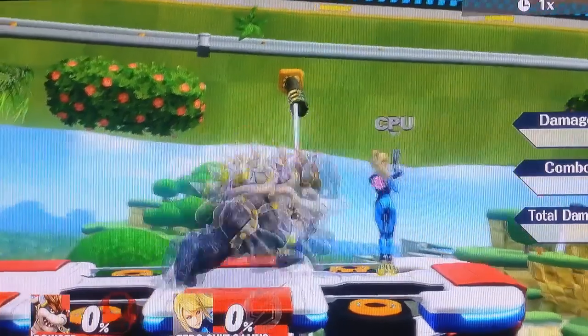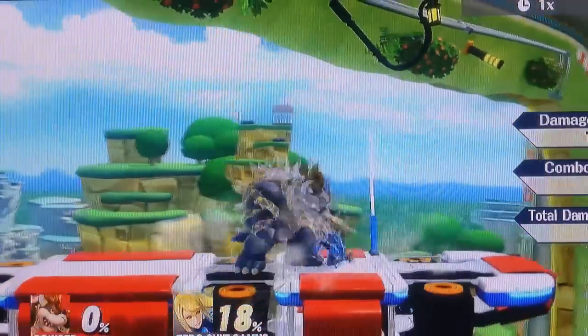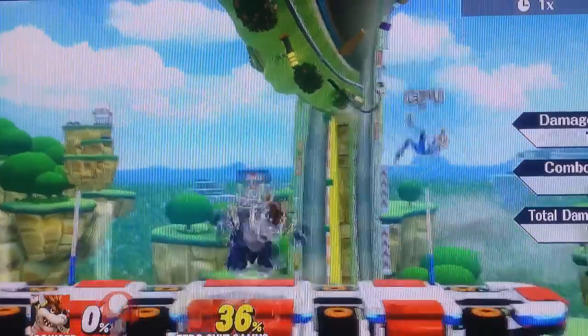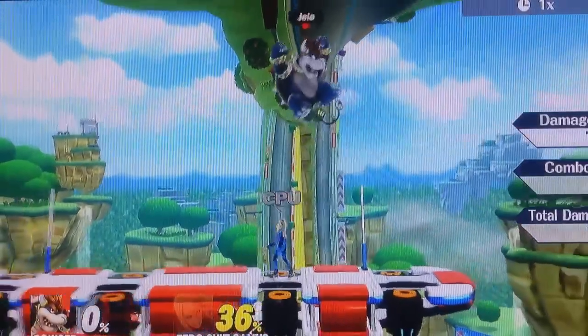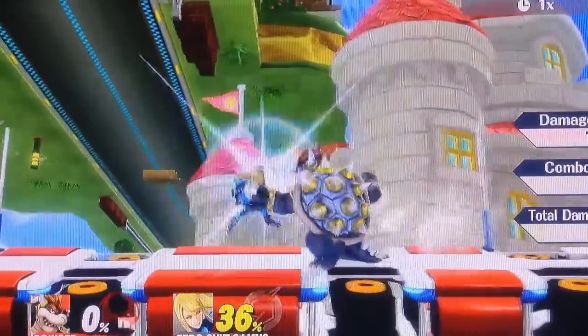His side B is one that a lot of people used to use, but isn't very good anymore, and this is one reason why Bowser isn't quite as good as he used to be, because with the side B you will grab the opponent, and then you can either hit the ground, or you can jump off the cliff and kill both of you. Now before a patch, quite a long time ago, you would actually be the second one